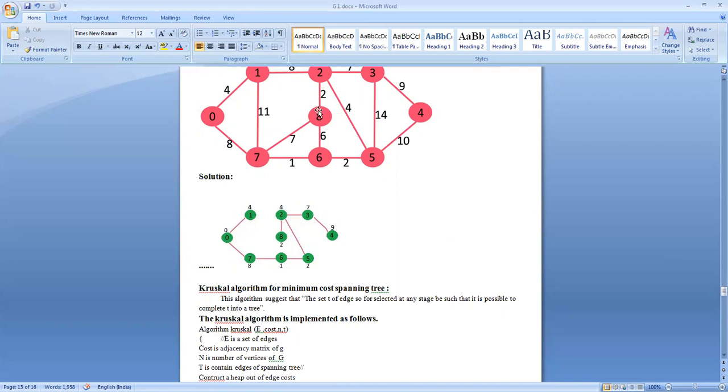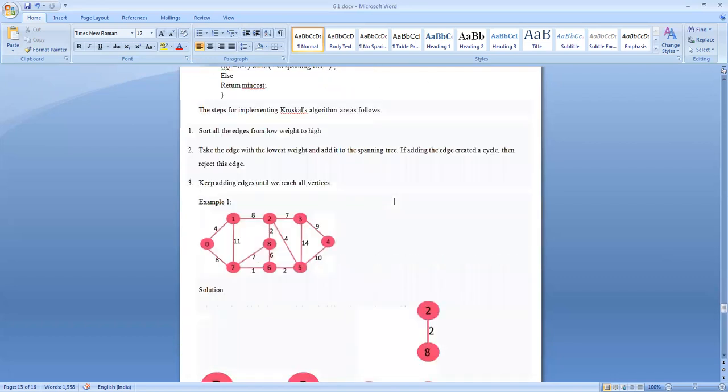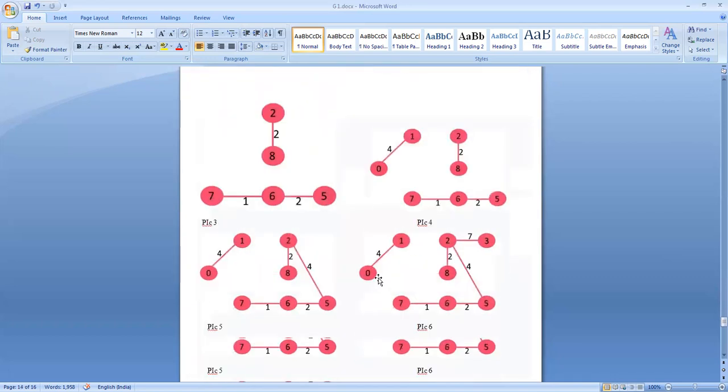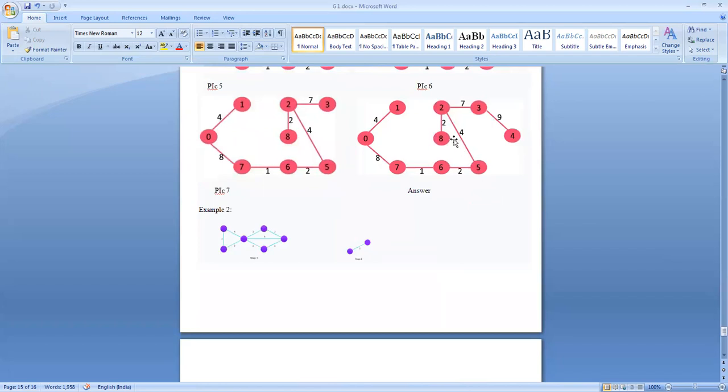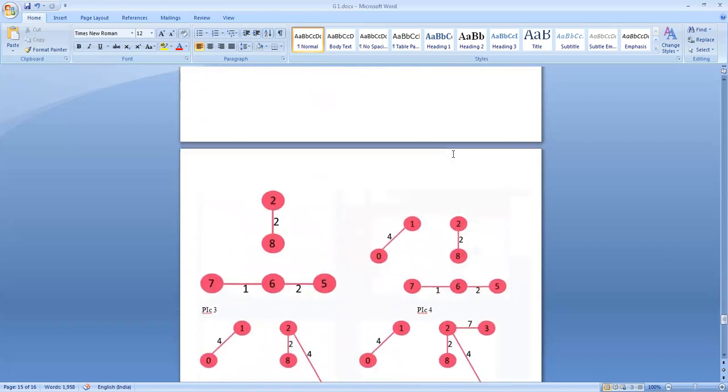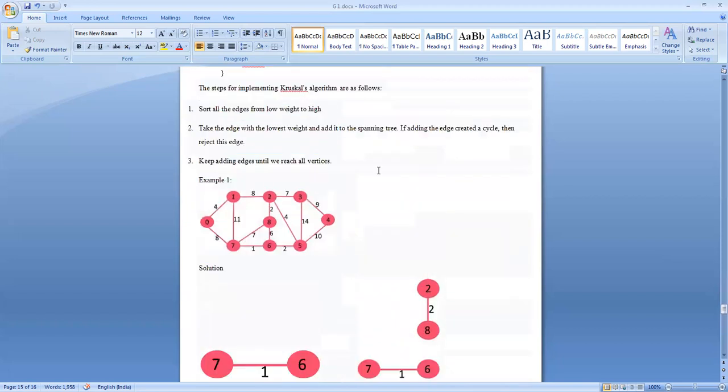See, this one here is a similar example. Yes, here also the same thing is generated. This is the output that is generated using Kruskal. How it is generated, we will see in the coming class. It is also quite simple, easy. This we will see in the coming class.